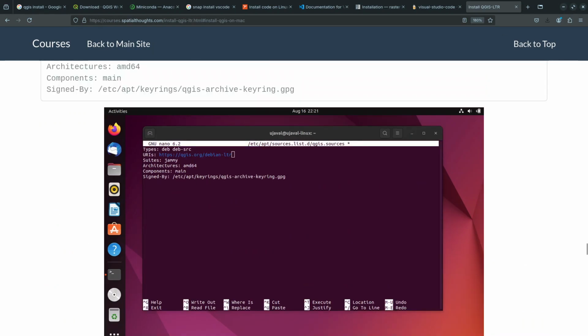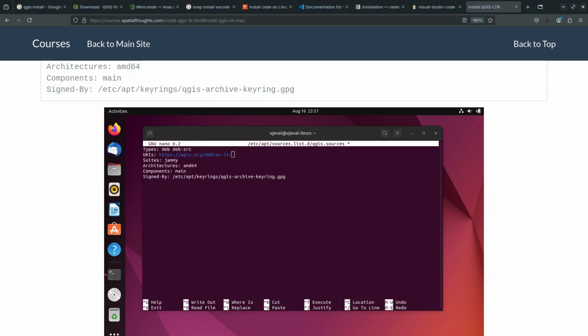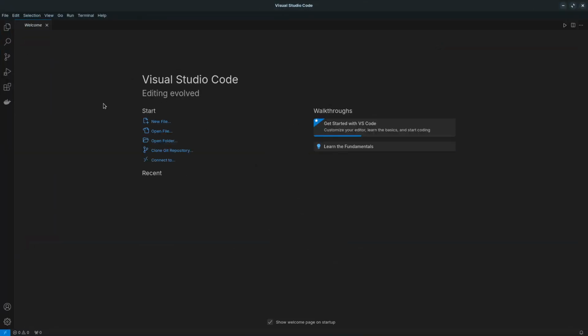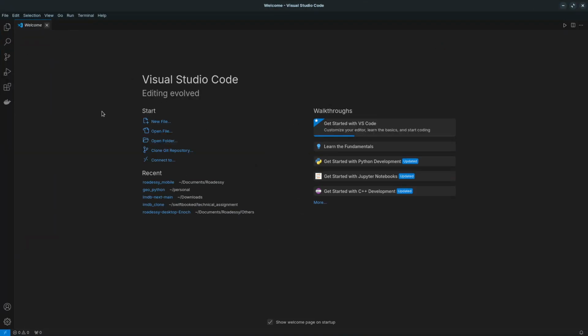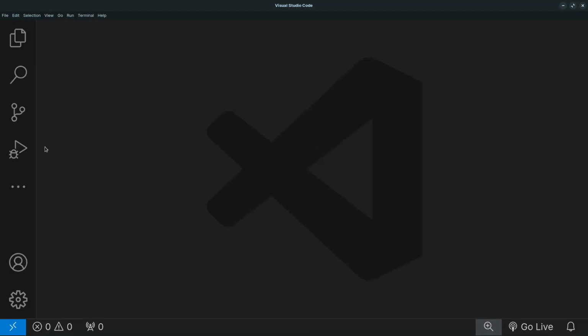Okay, so I think that should be all for our, no, we have not set up our VS Code yet, so let's go back and then open our Visual Studio Code. Okay, so this is Visual Studio Code, and there should be a welcome screen that tells you to choose your theme and all that. You can do that, but the focus of today's tutorial